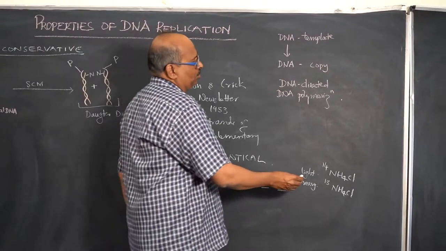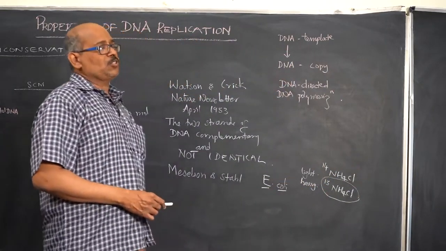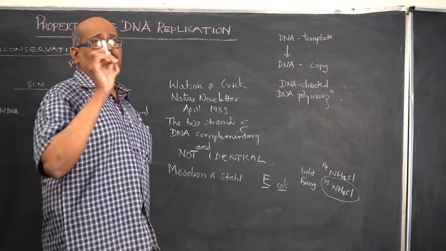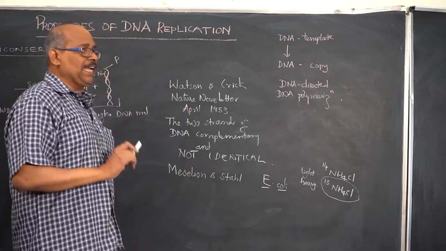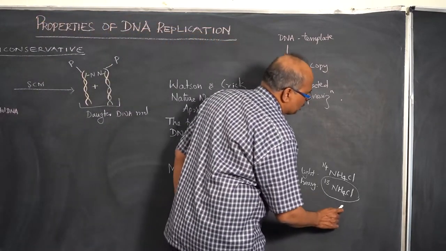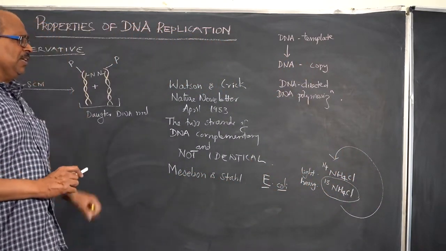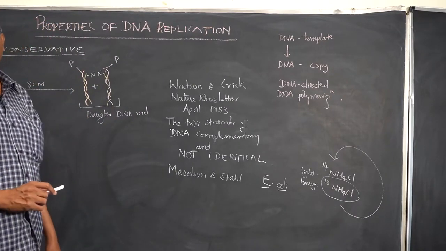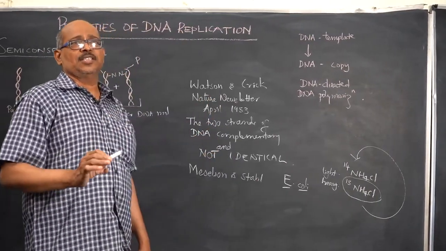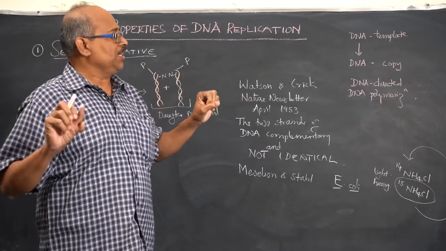First, they carried out the growth for several days in N15 medium. When it was grown for several days in N15 medium, every nitrogen atom present in the nucleotides became N15, it became heavy. After that, they transferred the cells to the N14 medium. Once they transferred the cells into the N14 medium, they waited for 40 minutes, the generation time of E. coli. After every 40 minutes, they isolated the bacterial cells, extracted the DNA, and subjected the DNA to